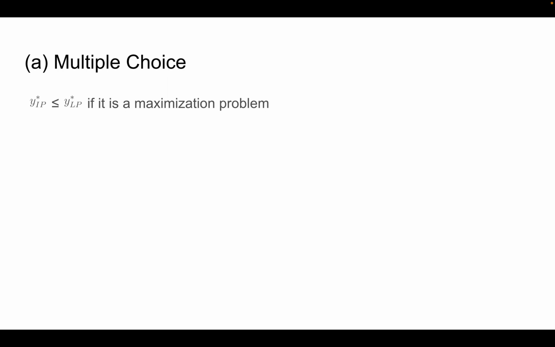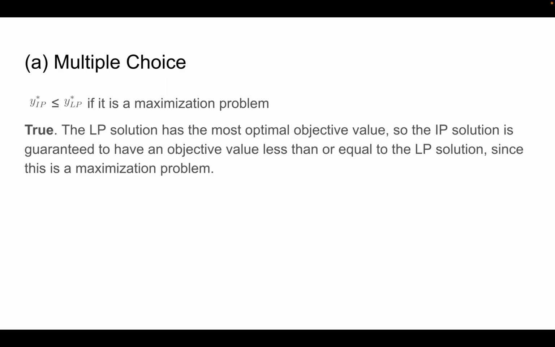Now in this case, would y star IP be less than or equal to y star LP? This is true, because the LP solution would have the most optimal objective value, and since it's a maximization problem, y star LP is going to be larger than all other possible objective values in terms of solutions to this problem. So the IP solution is guaranteed to have an objective value that's less than or equal to the LP